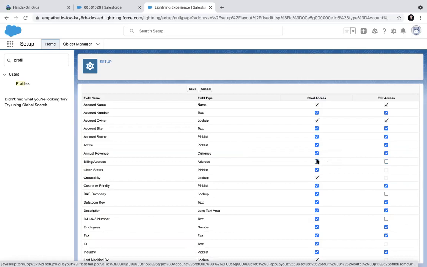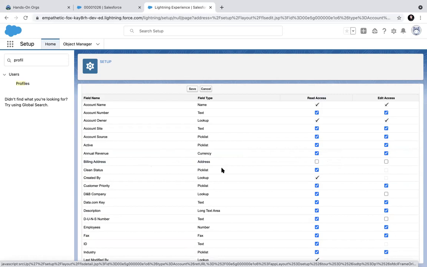If you take it out, then billing address will not be available for that person to see. Even if it is there in the page layout, you will not be able to see this. If you want to extract this from Workbench, you will not be able to do it. It is as if that column does not even exist for you. You will never know that there is a column called billing address.